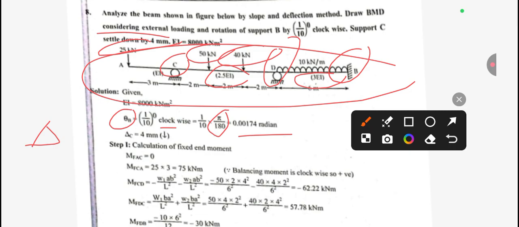And support C settles down. Support C settles down, which means we have to take the value of delta. So delta C equals 4 mm, downward. Now you can also see that the value of EI equals 8000 kN meter square is given. This is also given in the question. Now